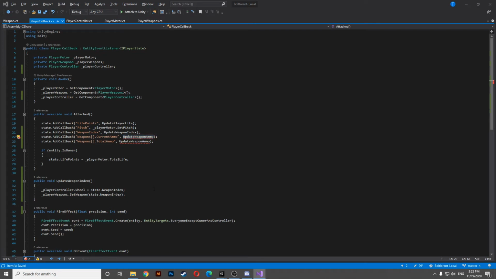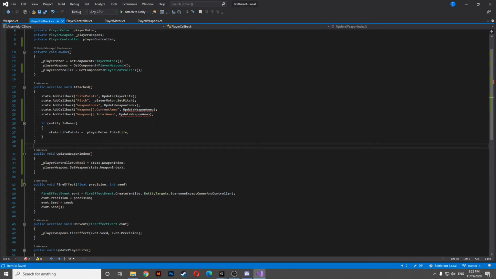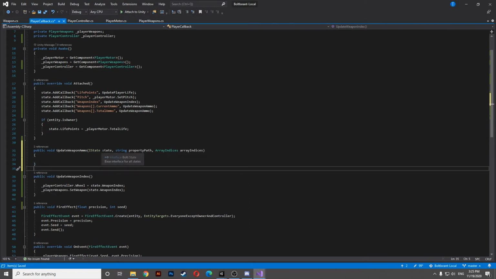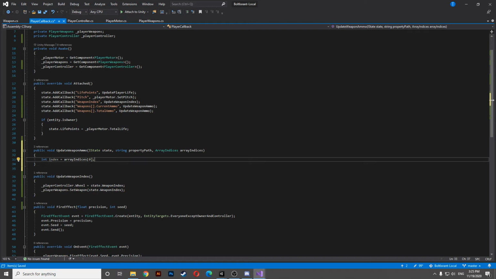So in order to do something on an array, we're going to simply write a callback like this. This time we're going to give it some proper parameters: a state, the property path, of course, and the array indices. So here, how do we get the index on which we have changed our weapon? Simple, this. So array indices